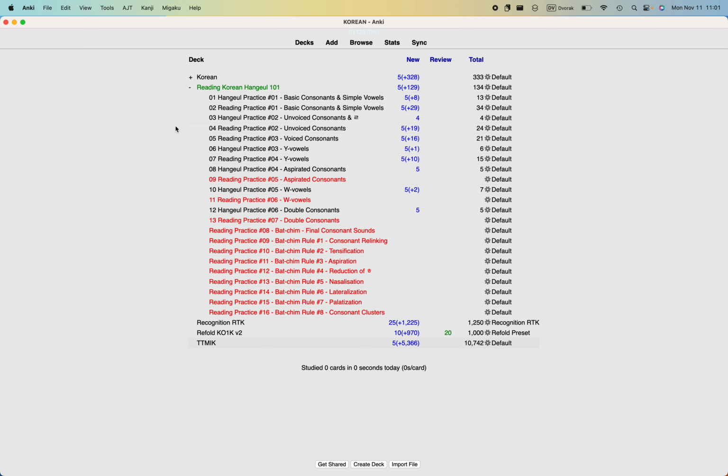So what I've basically done is, for the first part of the deck, I've got Hangul practice for individual letters, and then I've got reading practice, which will give you words to practice with. So it goes Hangul, reading practice, Hangul, reading practice, in that kind of order. And I've tried to do it in a very sequential way, so